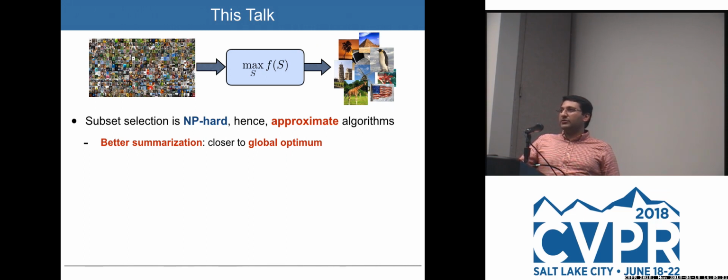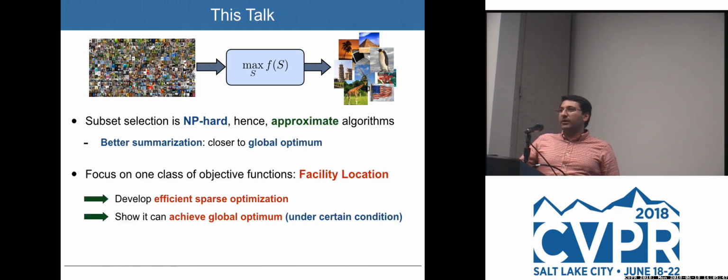And in the second talk, actually, Amin talked about the big class of optimization techniques based on submodularity that cover many of these criteria. And he talked about approximation guarantees of these techniques. It turns out that to do better optimization, to do better summarization, we want to get closer to the global optima. And what I'm going to do in this talk is do something opposite to what Amin did, which is